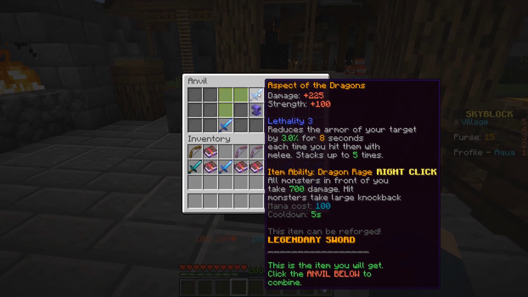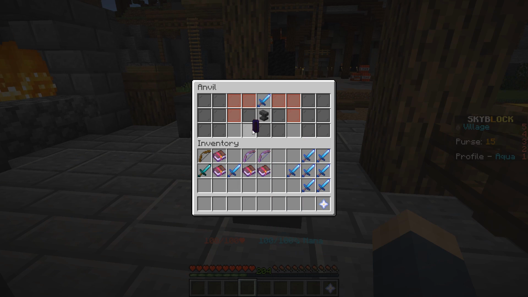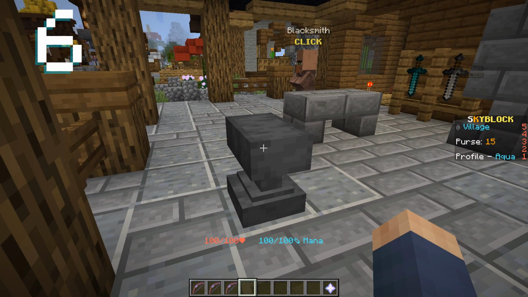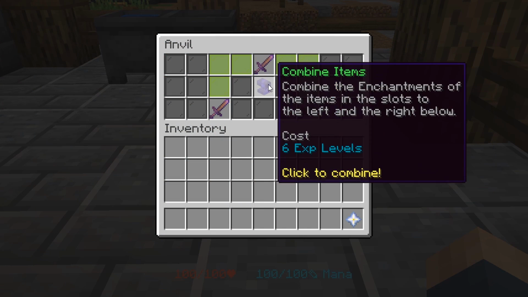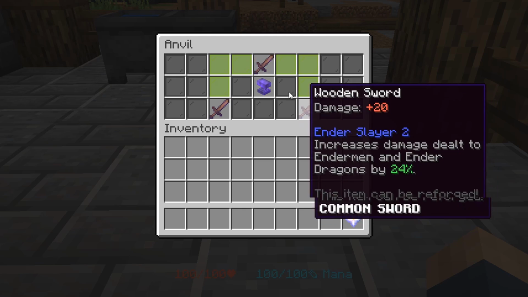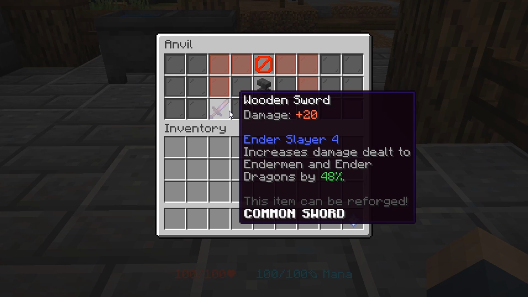Then, if you click the button and have enough levels, it removes that lore from the bottom, takes the input items, and finally lets you take your output item. Finally, step 6, anvil uses. Anvil uses are running total on how many times an item's been put through the anvil. This is used in the cost, so every time you combine an item, it'll be more expensive to combine that